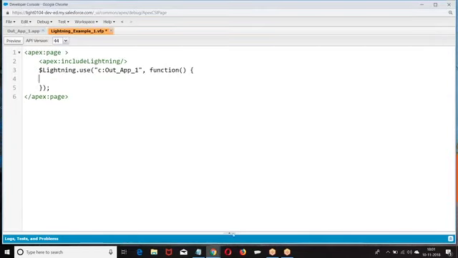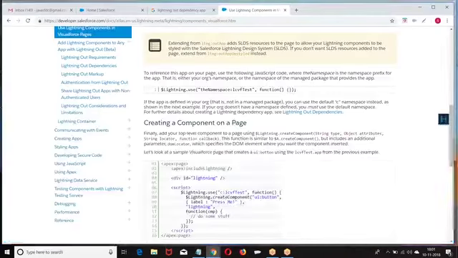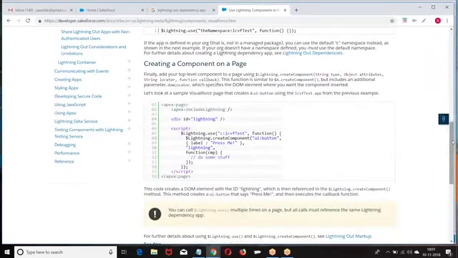We already did creation of dynamic components. Do you remember that example? If you remember, we had already done $A.createComponent with the name of the component, then the parameters, then the element where we want to create it.